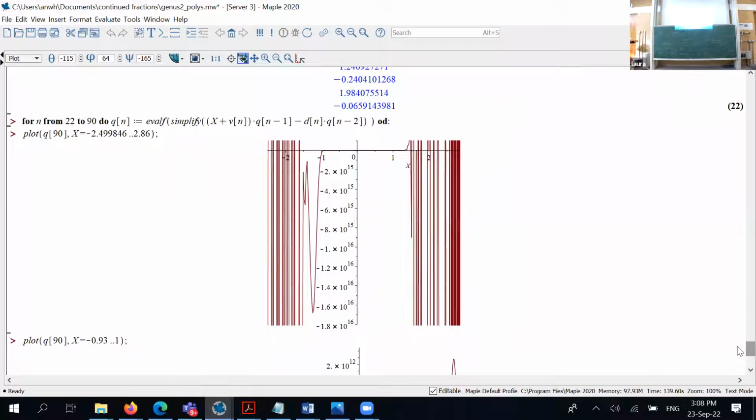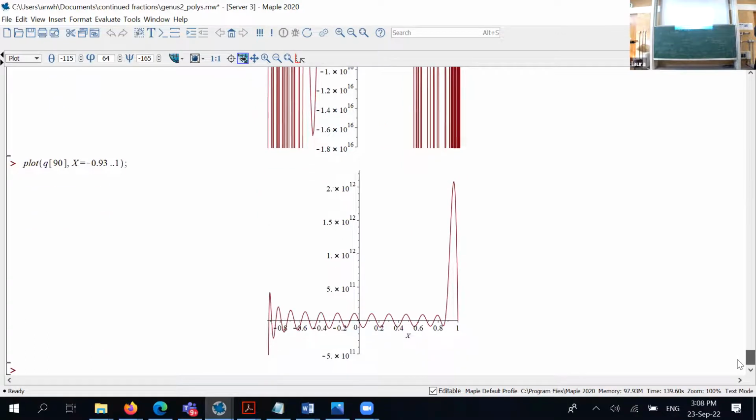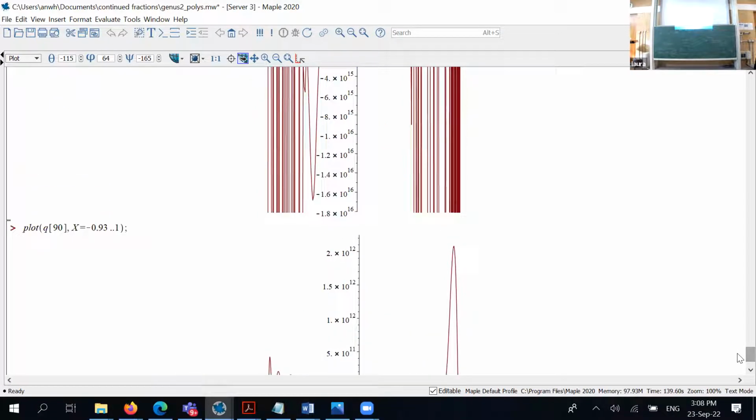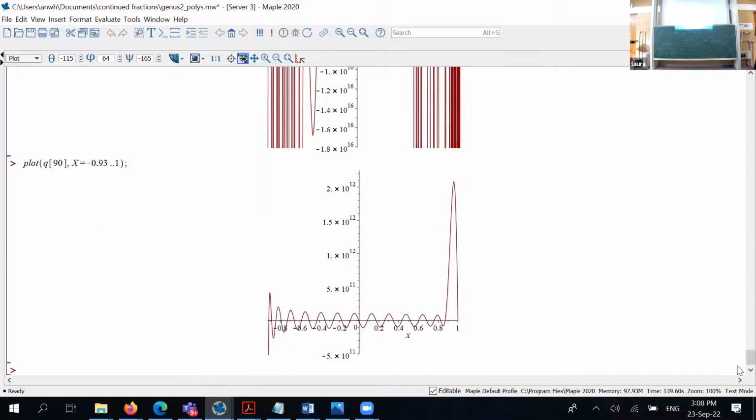What you can see is that the zeros of the polynomial concentrate on two intervals here, but if you actually blow up the picture, you can see that there's also a middle part which you can't see from the scale, a third interval in the middle, and it looks like the zeros are